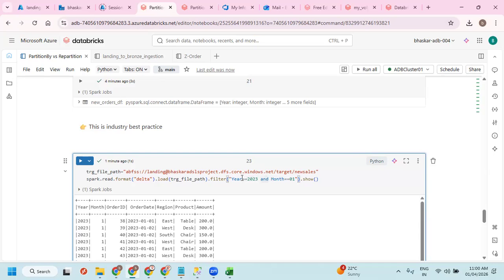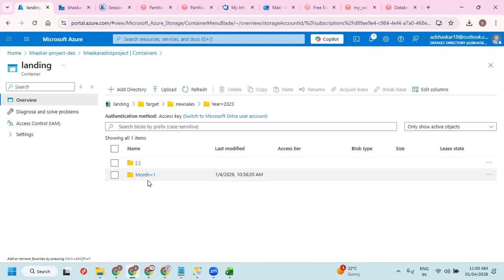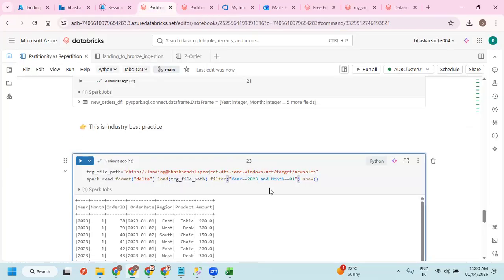Now what happens is, within the year, there will be 12 folders. Out of these 12, it is going to read only one, because month equals to 1. It will go to that particular partition and read the data from there only.